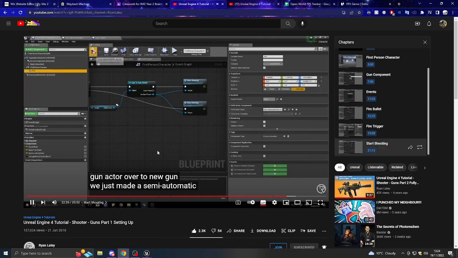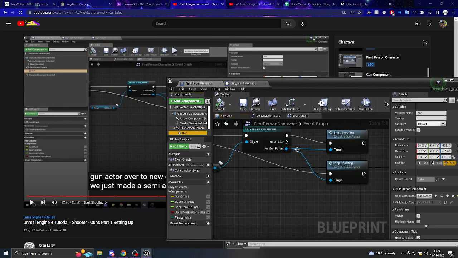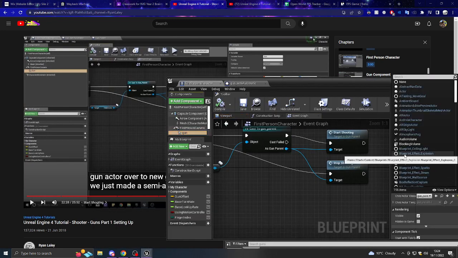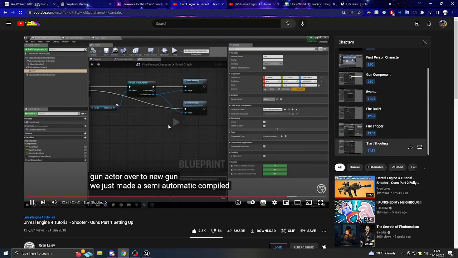That we just made, a semi-automatic. Compile, go back to your game,